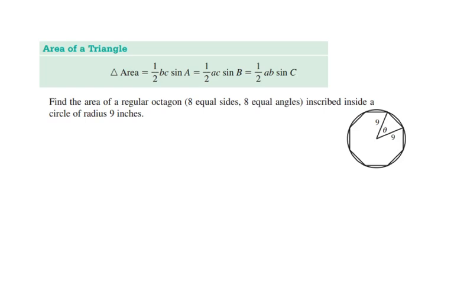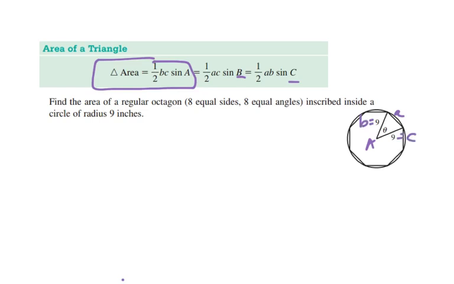If we want the area of that triangle, all we have to do is a half times BC times sine of A, depending on what angle you have there. If we call this angle A and this side A, and the other ones B and C,